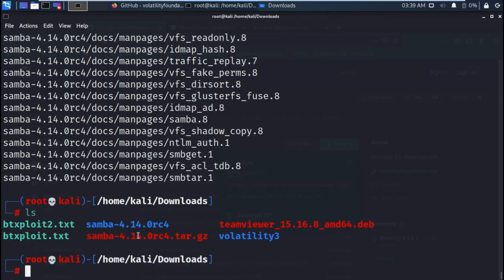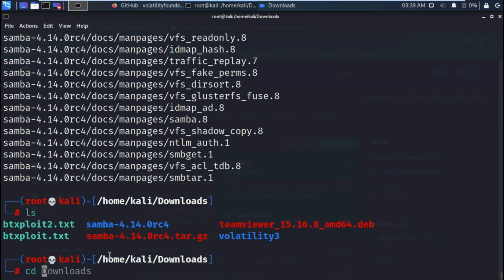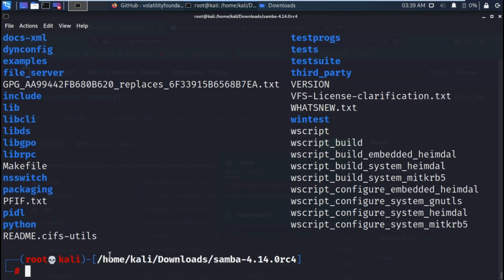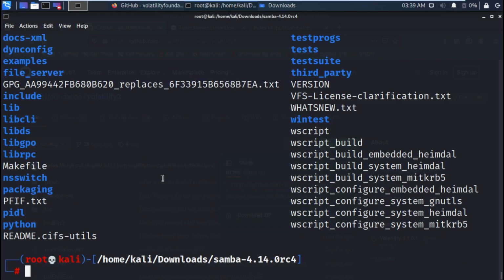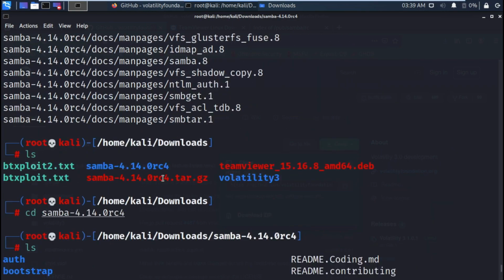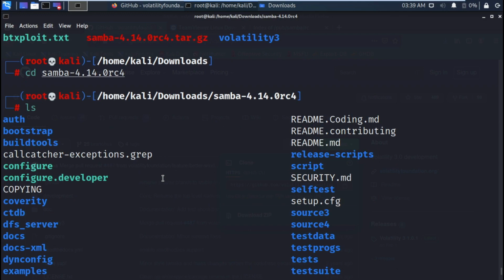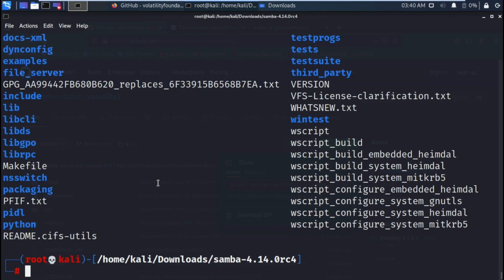So the folder is now extracted. It's right here. So let's go inside that folder to see the contents of it. There you go. This is what you would typically see for a program that is not compiled. So what you would need to do is compile this program. You would need to use commands like configure,